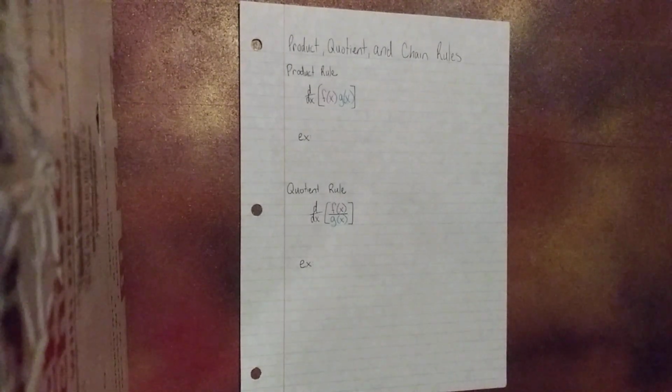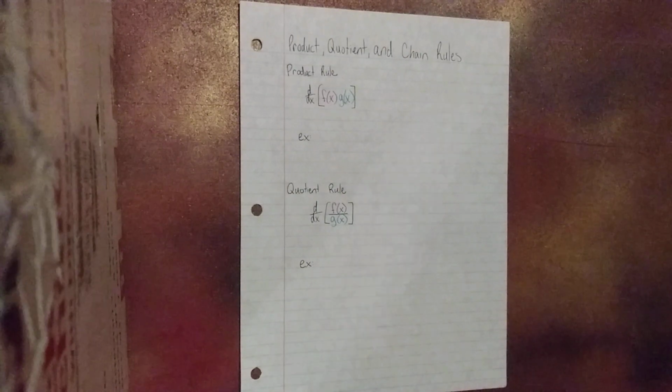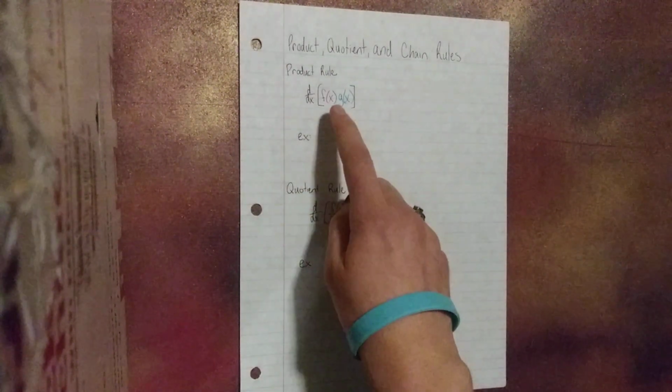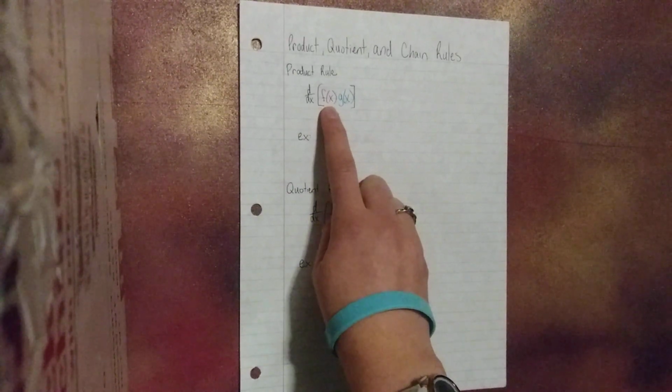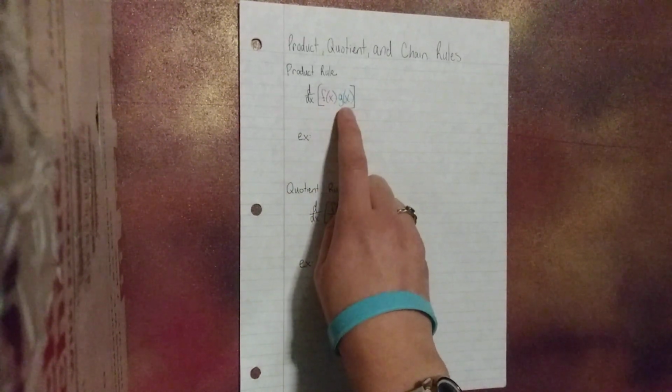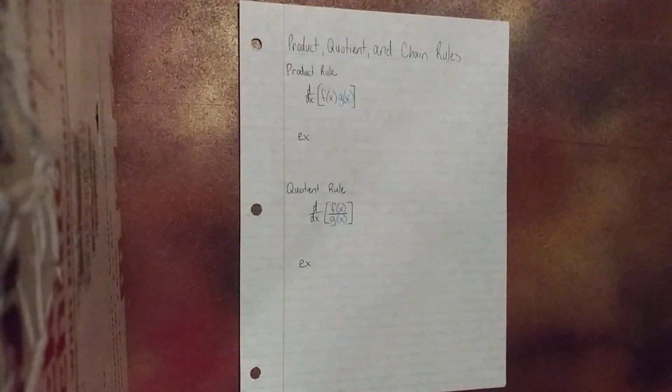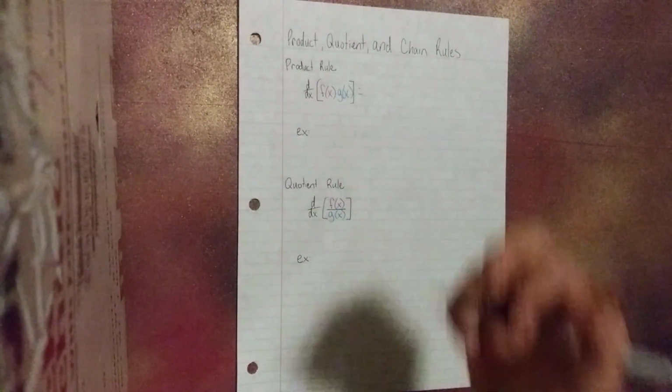Today we're going to be learning about the product, quotient, and chain rules when it comes to differentiation. So the product rule comes into play when you're differentiating one function multiplying another function. And this can be rewritten as